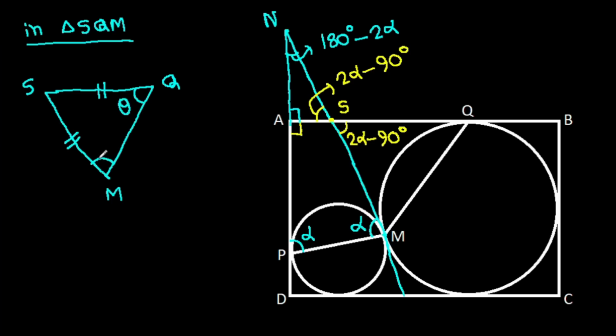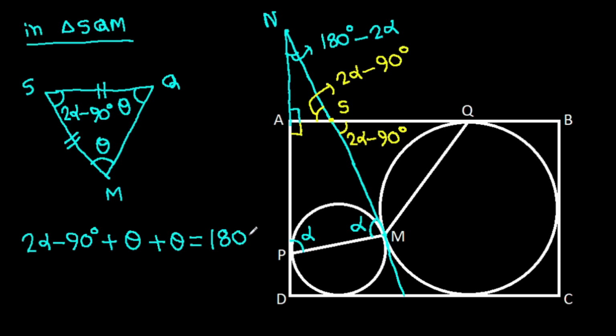Suppose theta, and this angle is 2 alpha minus 90 degrees. So 2 alpha minus 90 degrees plus theta, it will be 180 degrees,